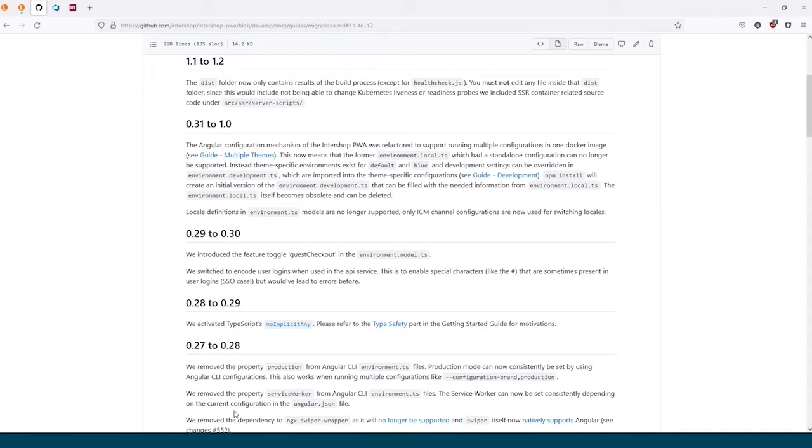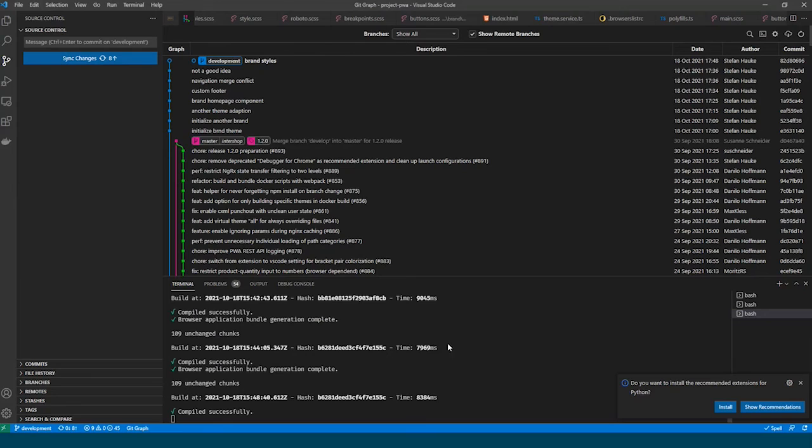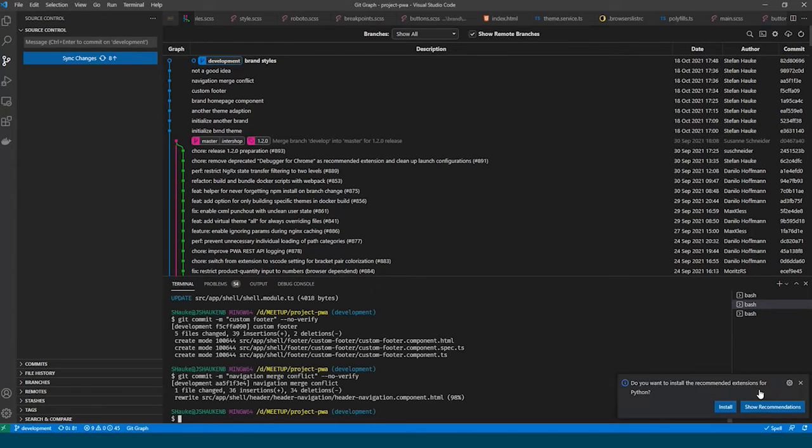The second thing that you should do: if you have checked out the project and worked on the project, and then you are the one who should do the migration to a new Intershop version, you need to add a second remote to the Intershop Git repository. I have done this in the beginning. Yeah, I have done this the other way around. I have started with Intershop and then I had the project repository, but usually this will not be the way in the project. It's just a simple command, git remote add intershop, then our